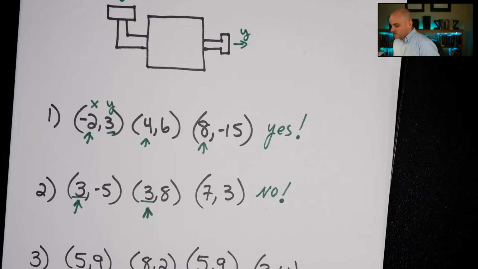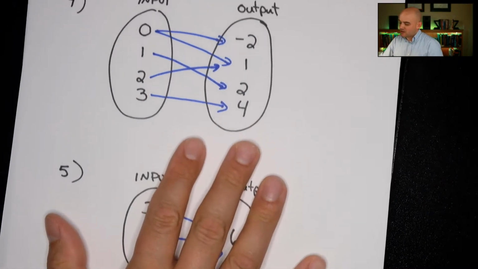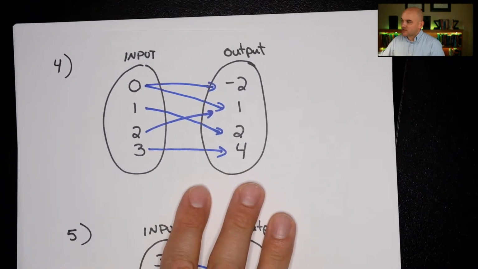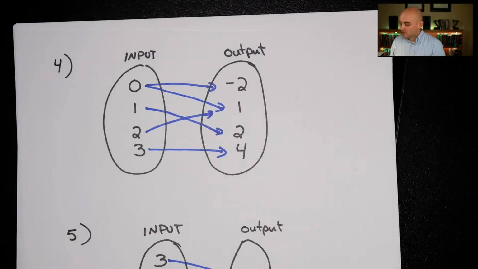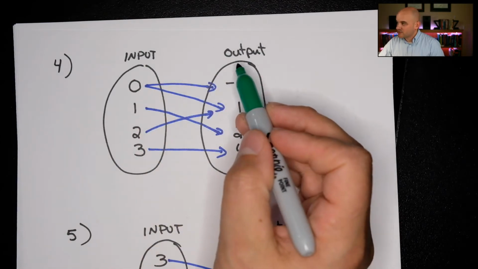So that's a nice trick when we're looking at ordered pairs and tables and those sorts of things. Let's look at a relationship mapping here. Suppose I have this right here. This is another way we can represent relations and determine whether they're functions or not. We basically have our inputs on the left side in this bubble and then our outputs over here on this